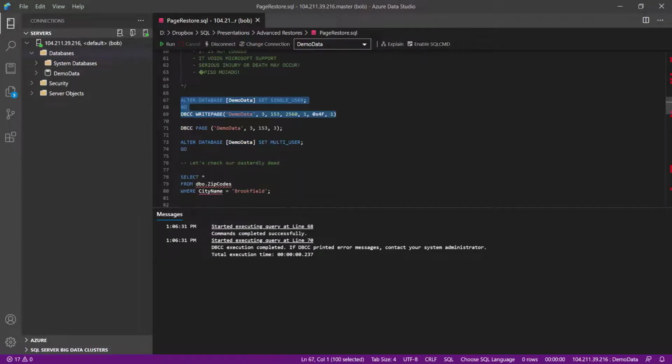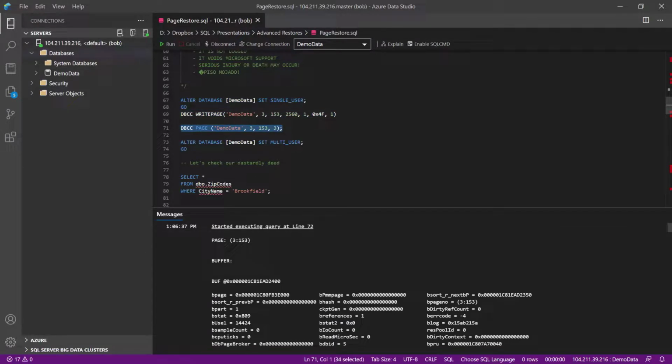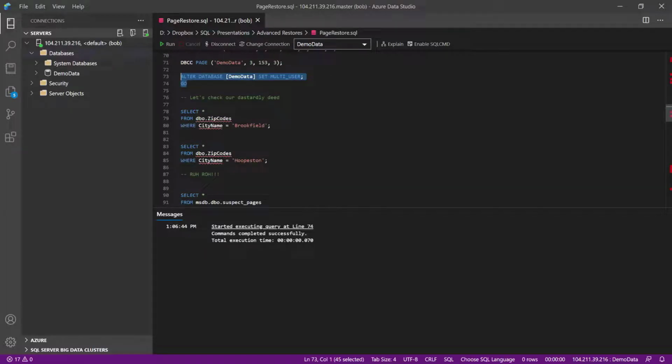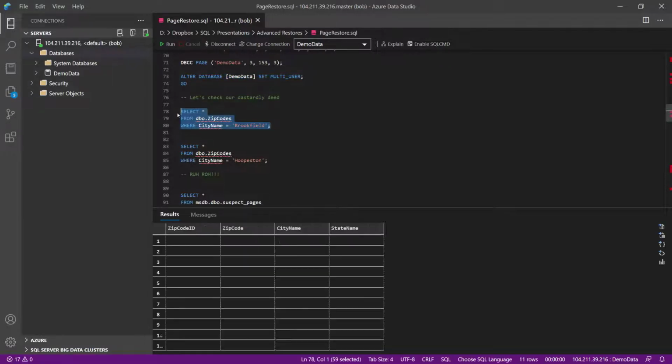And now I've just altered this page. And if I go back, I can read the page. That's not a problem, because when SQL Server parses the page like this, it isn't looking at the checksums. And now I'll set the database back to multi-user mode, and we can resume our querying. So let's see what we did here. If I were to select from the table with cities named Brookfield, like I did before in our last demonstration,